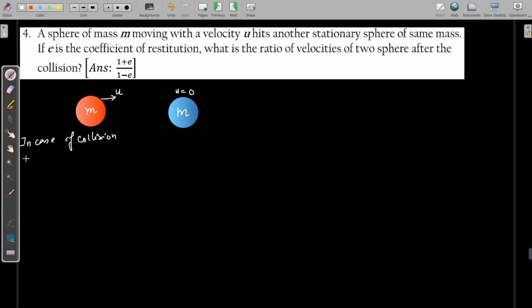Momentum remains the same. So if momentum remains the same, initial momentum should be equal to final momentum. That means by conservation of momentum,